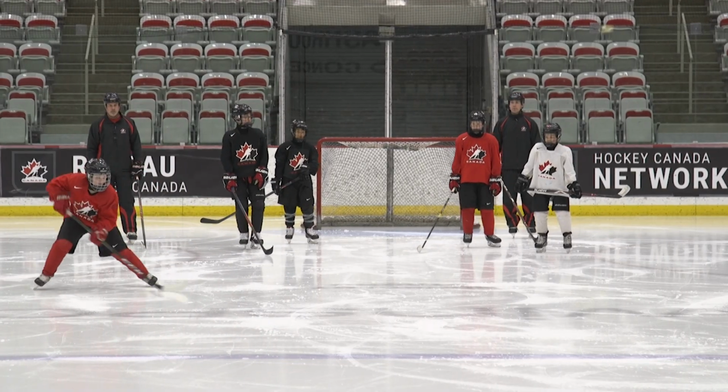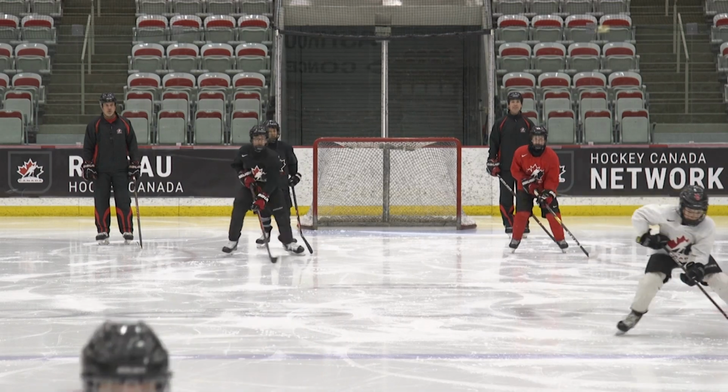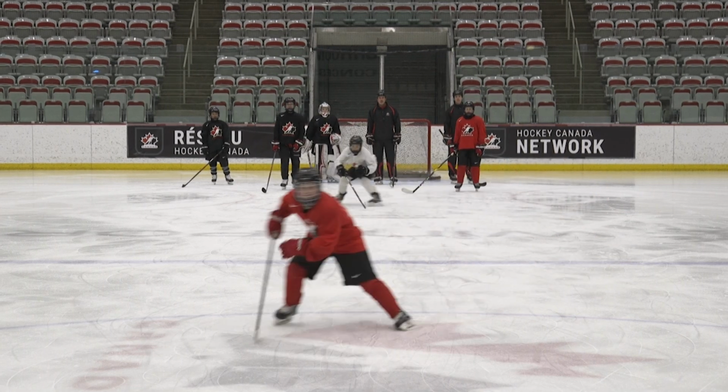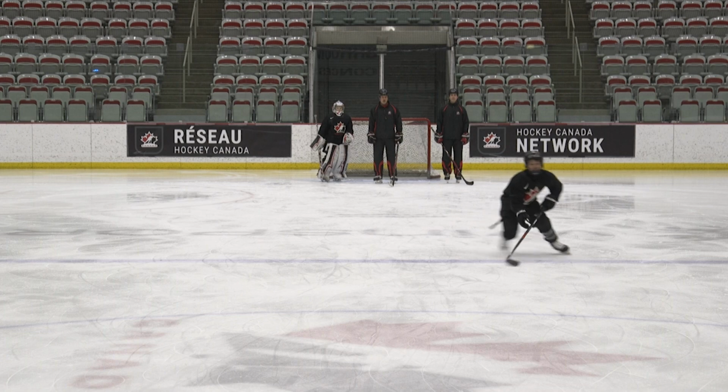Skating is still the most important skill in the game of hockey, and even in today's game, the ability to skate means that you have the ability to play. And I think the traditional components of skating, the technical components of the stride and turning and crossovers and all that are still very important, but we also need to make sure we add the elements of what we like